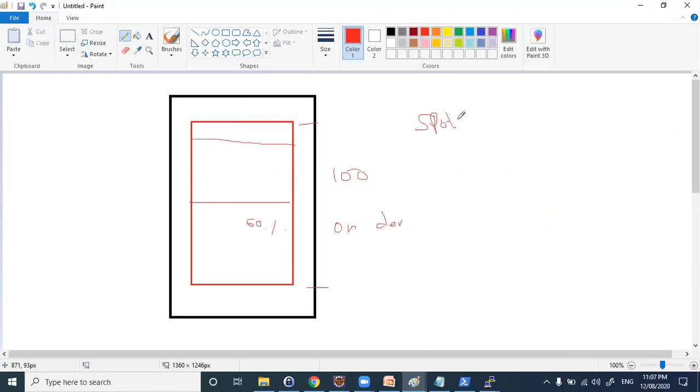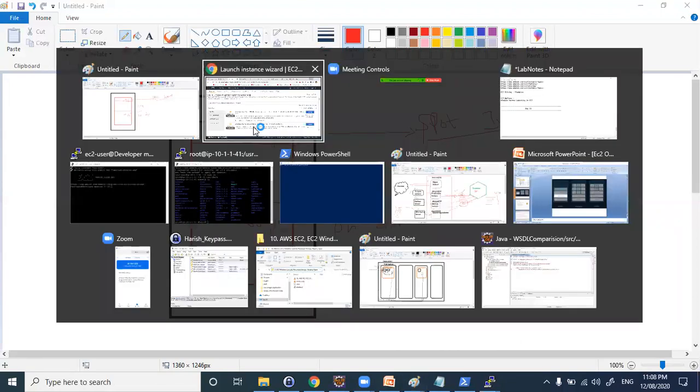So what is the meaning of spot instance? Out of 100% of the availability in the data center, 60% they'll reserve for on demand, which means the customers will be there for 60%, and only 10% they will consider. So 10%, I'm telling in general, not sure how much percent they consider, either 10 or 5 or 20, I don't know. So in general, this 10% of the area will be considered for spot instances. Which means you can bid for the systems and you can get the systems cheap. But there are some rules for these spot instances which you need to follow.